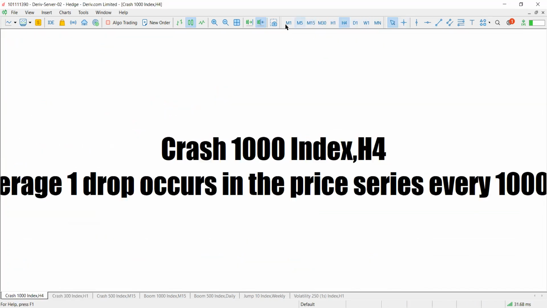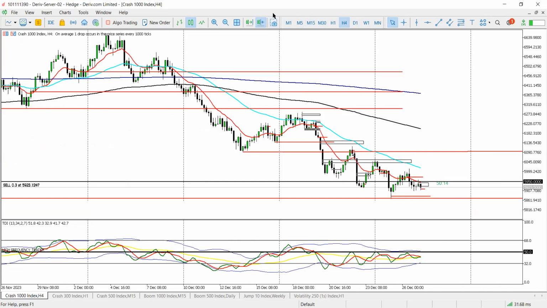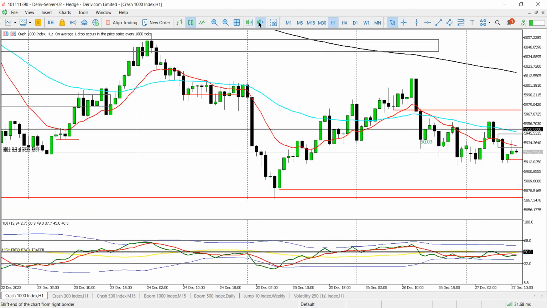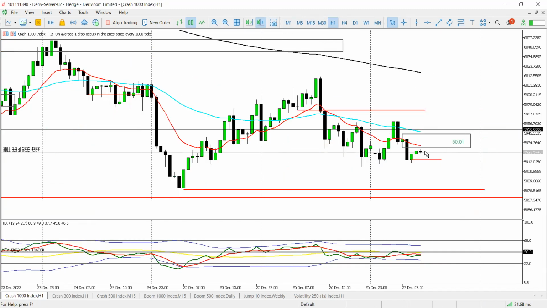Maybe let's just check H4. Yeah, H4 we are trading below the 50. So yeah, I am bearish on this one. I just wait to see what the price decides to do, but there's chances we can get our 20 pips because bear in mind